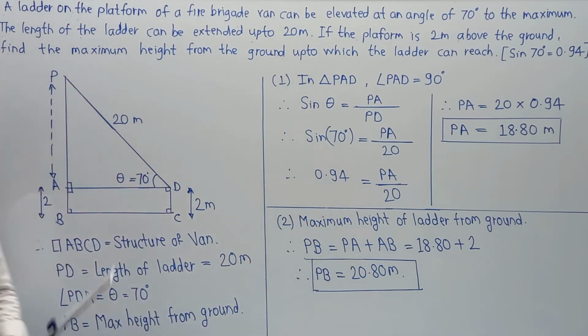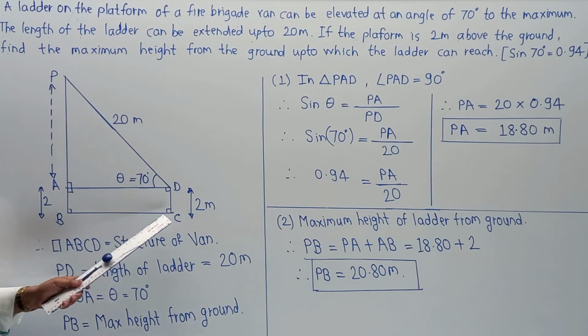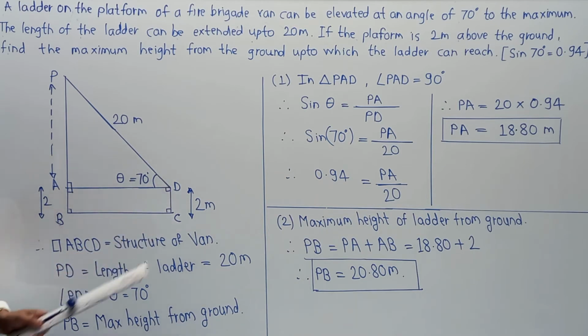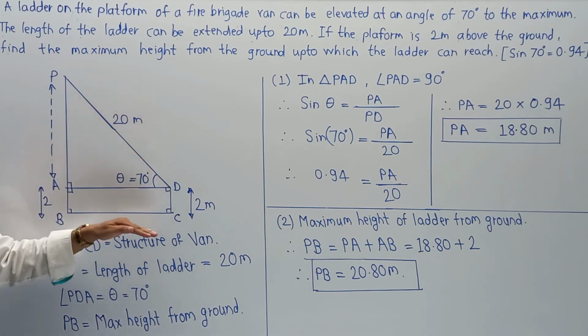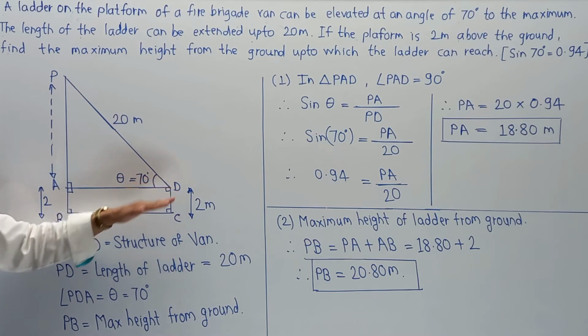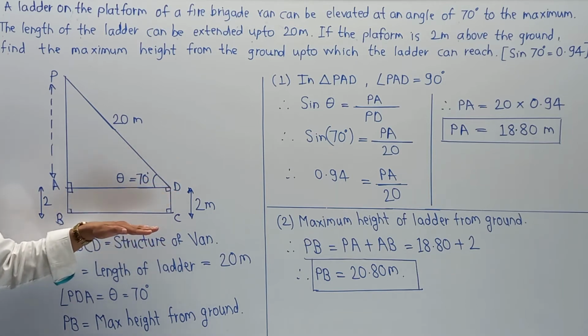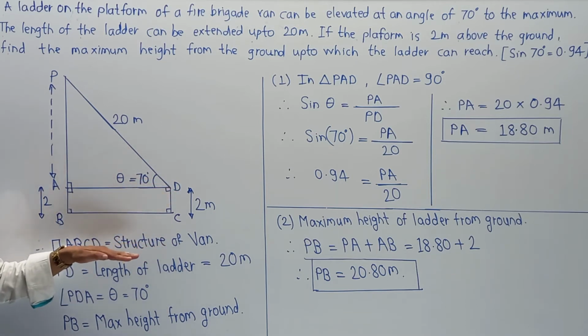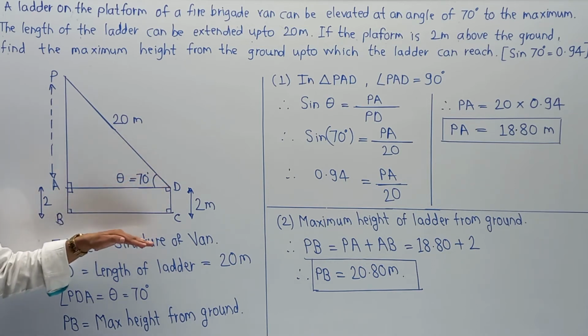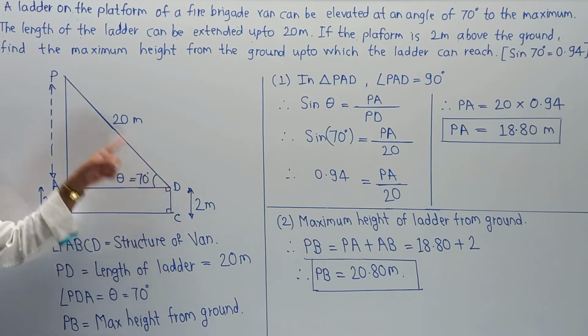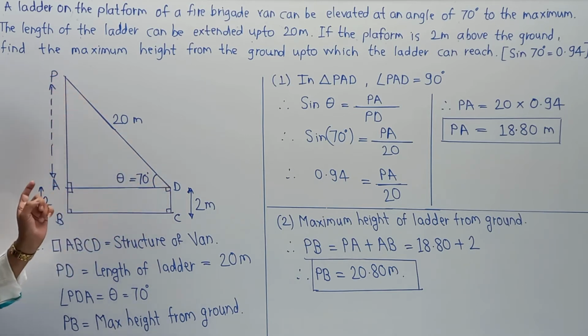Students, remember, a common mistake done by students is that they do not consider this height. What is this? It is nothing but a tempo truck, or the particular height of the van on which that ladder is mounted. So first of all you have to consider the height of the vehicle, because we need the height from the ground level, that is the surface or road level. So the first 2 meter height is of that vehicle on which the ladder is mounted, and the rest of the part is connected with the height and measurement.